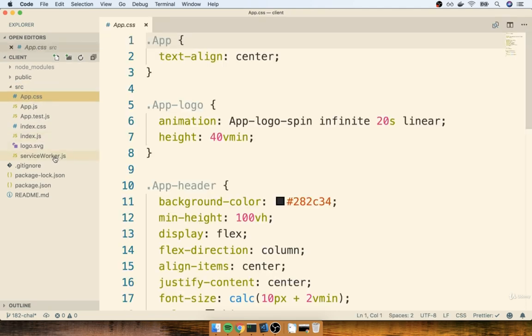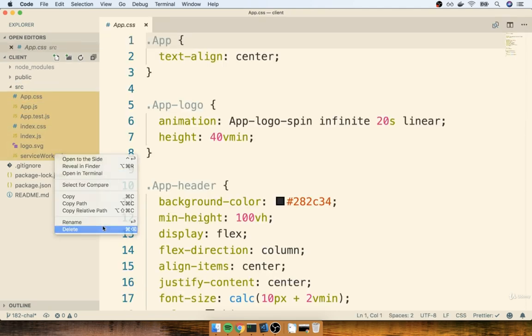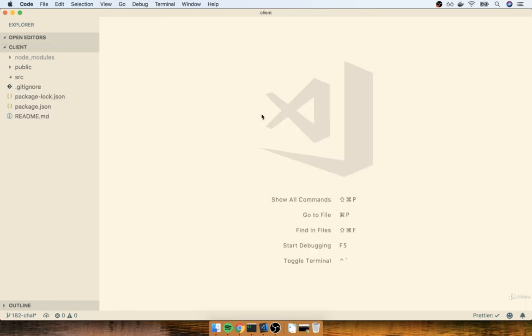So I'm going to take all those files, and I'm going to throw them all away. And we'll go through the process of setting up just a tiny bit of boilerplate. Now, we're not going to go through any of the Redux boilerplate right now. We're just going to render out a React application. And then once we get the React app by itself, we'll start focusing on adding in some navigation and understanding how navigation works with React. After we get this kind of navigation stuff under wraps, then we'll start to come back and add in Redux